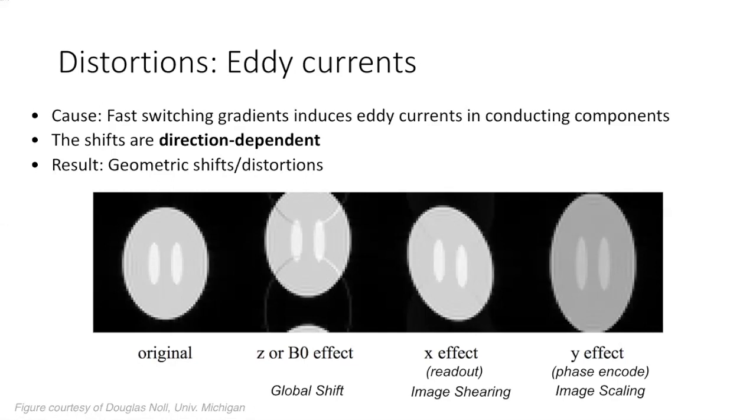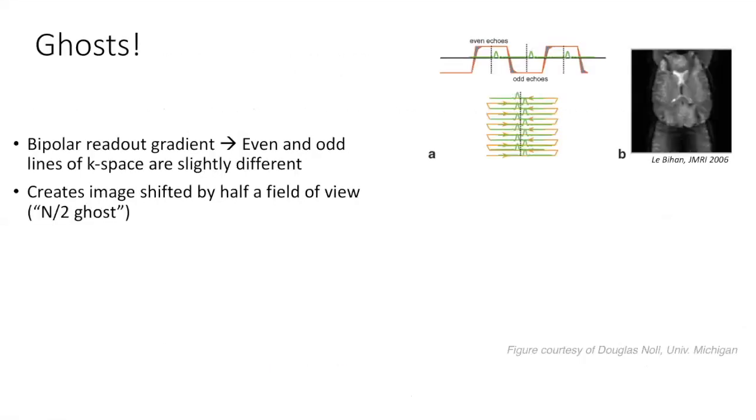Depending on the direction of the eddy currents, you can have a global shift in the B0 direction, image shearing if it's along the readout direction, and image scaling if it's along the phase encode direction. Another reason eddy currents are important to keep in mind is because of the ghosts they can create when running EPI